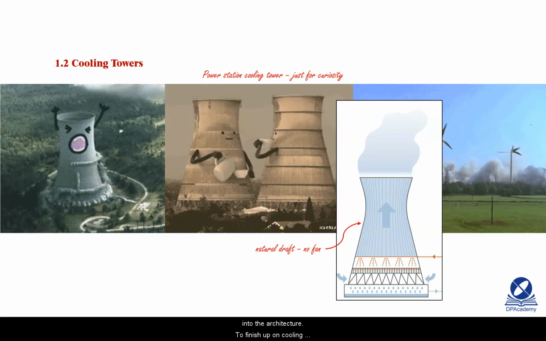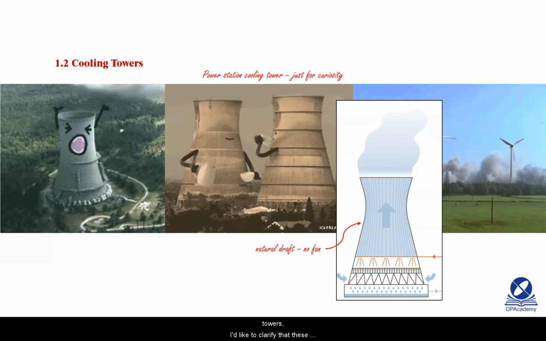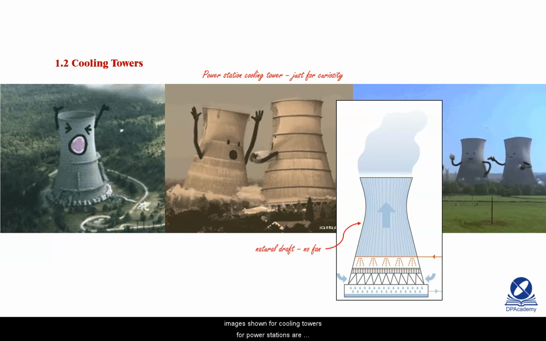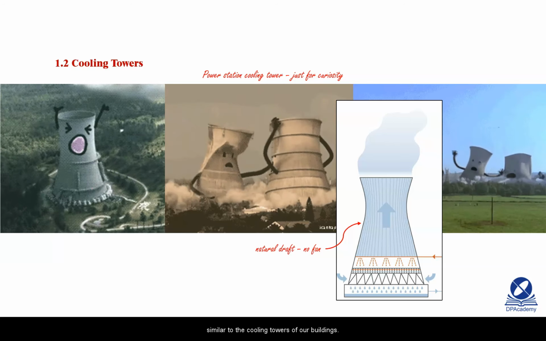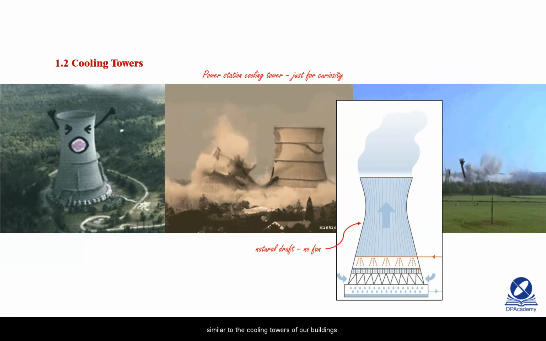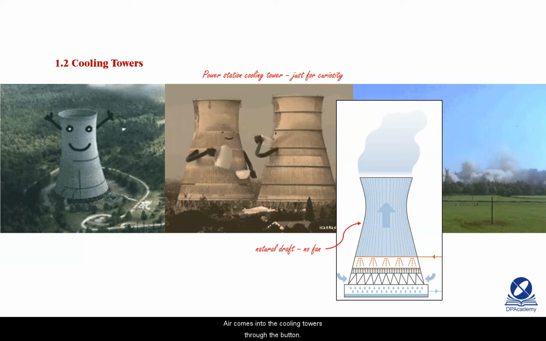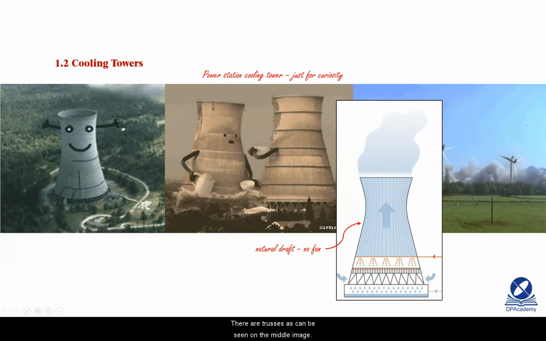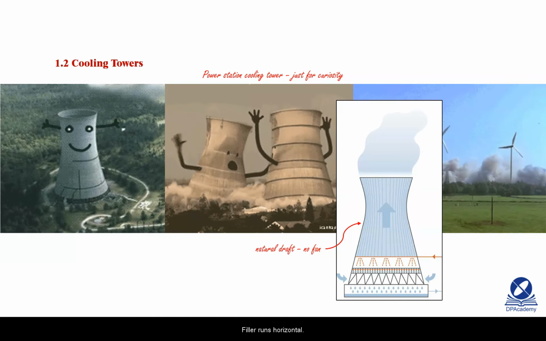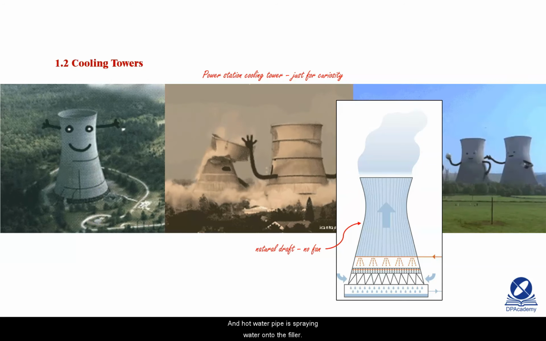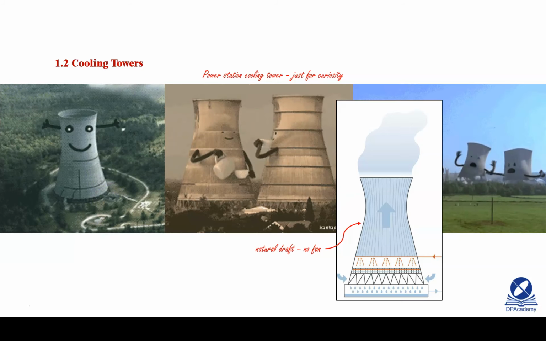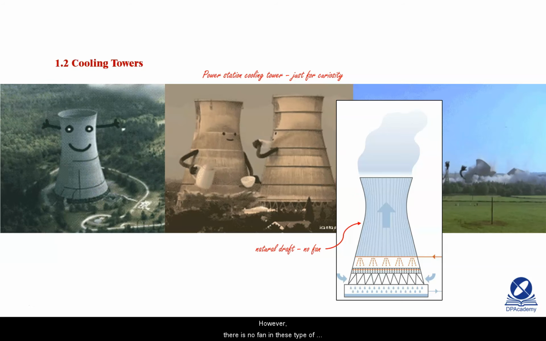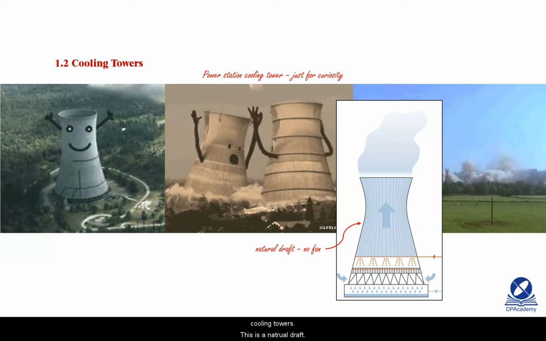To finish off on cooling towers, I'd like to clarify that these images shown of cooling towers for power stations are similar to the cooling towers for our buildings. Air comes into the cooling tower through the bottom. There's trellises as can be seen on the middle image. Filler runs horizontal and hot water pipe is spraying water onto the filler. However, there is no fan in these type of cooling towers. This is a natural draft